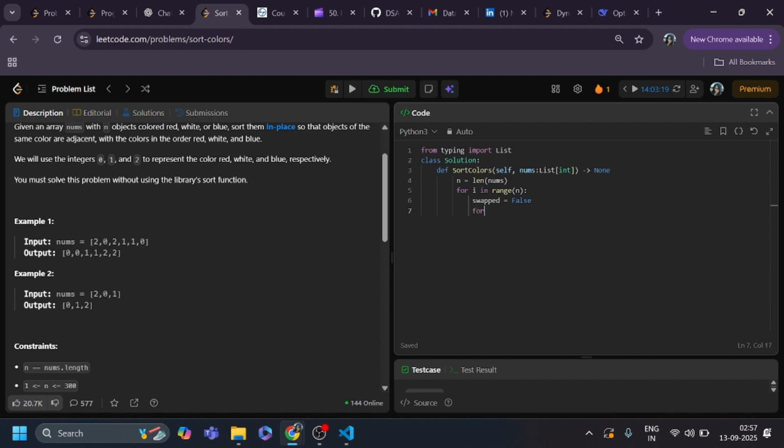Now for j in range 0 comma n minus i minus 1.